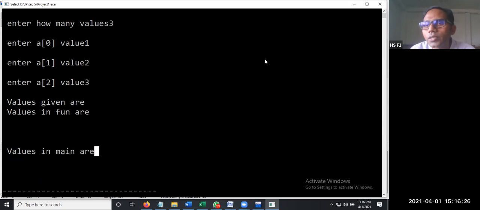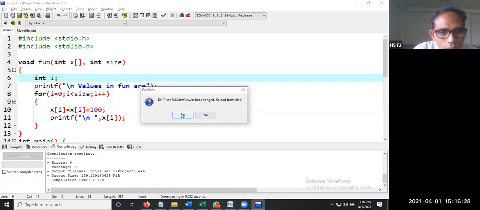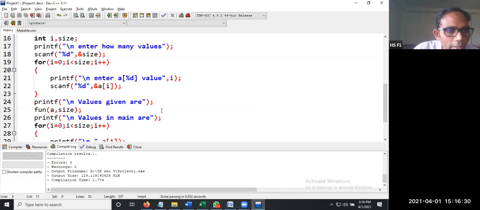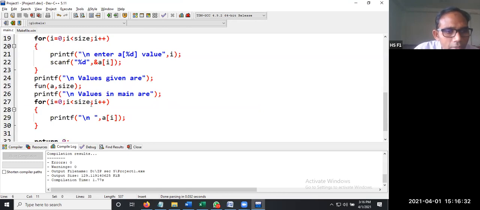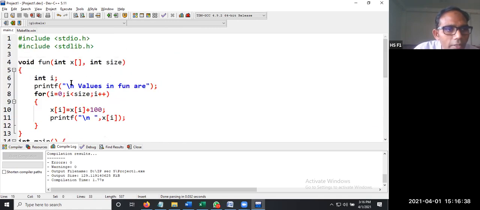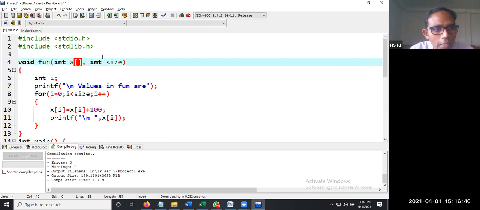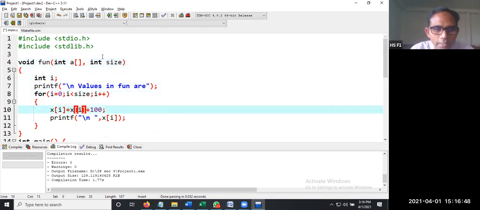Values given are, let us cross check what the code is. There is main, a comma size, function a of 500, okay. Let us change x to a and see whether there is any impact by changing the name.